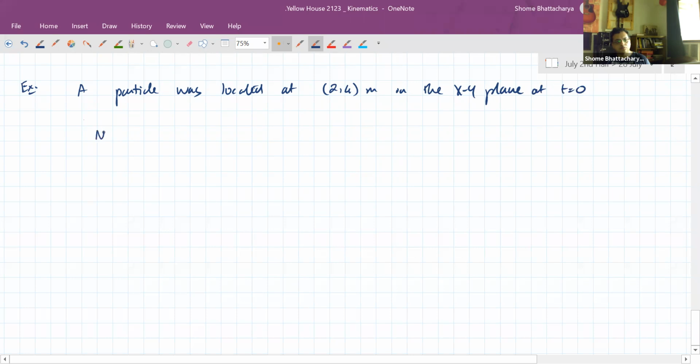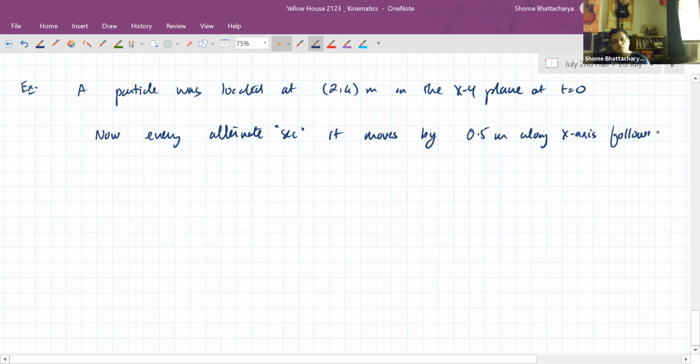Now every alternate second, it moves by 0.5 meter along the x-axis, followed by 1 meter along the y-axis. By every alternate second, I mean in every